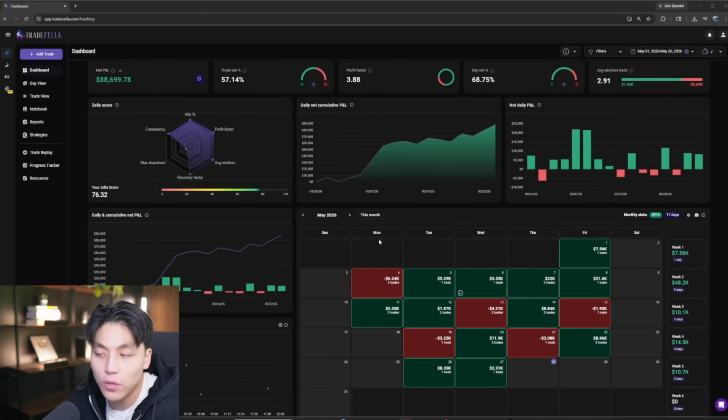Today is May the 28th. Another upside move in the markets today after consolidating yesterday. We ended up taking two trades today, one on Nvidia, which was a loser, and one on AMD, which was a nice win. With that being said, let's hop straight into my trading statistics to give you guys an update